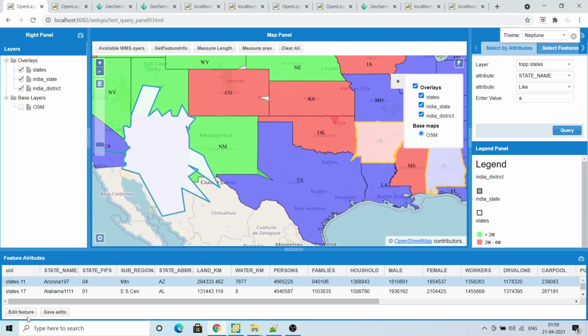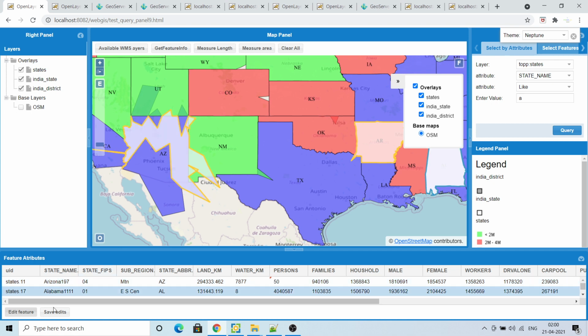Again, I will try to change this edit. Let me make the population 50. I'll change this also. Change the color also.